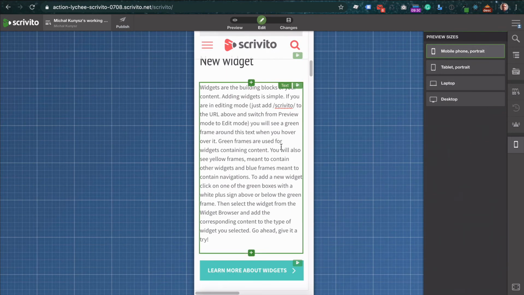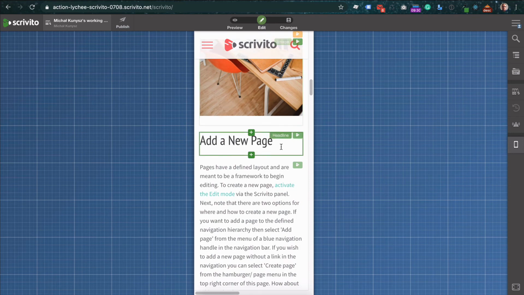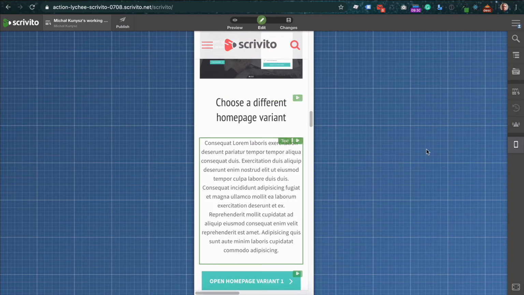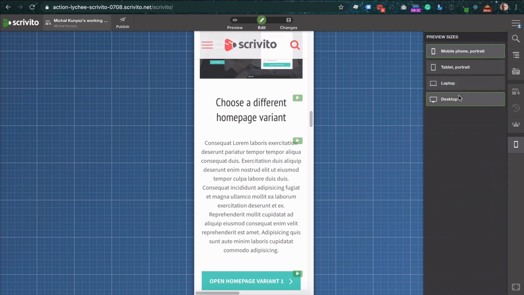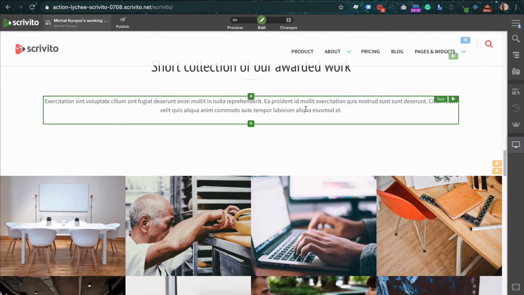And again, let's have a look if this looks good on the mobile, if this is what you want to achieve. Yeah, looks good. So we go back to a desktop view. And now